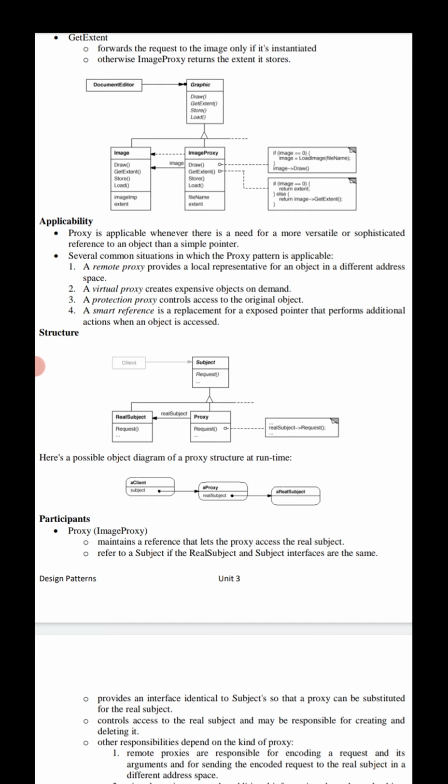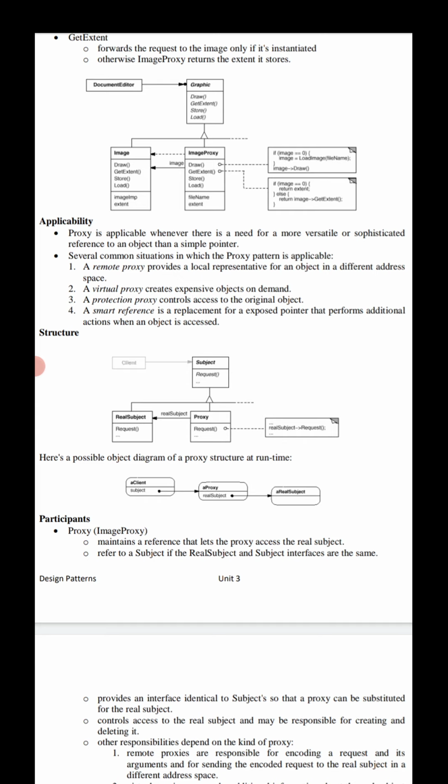Typical uses include counting the number of references to the real object so that it can be freed automatically when there are no more references, also called smart pointers. Another is loading a persistent object into memory when it is first referenced.